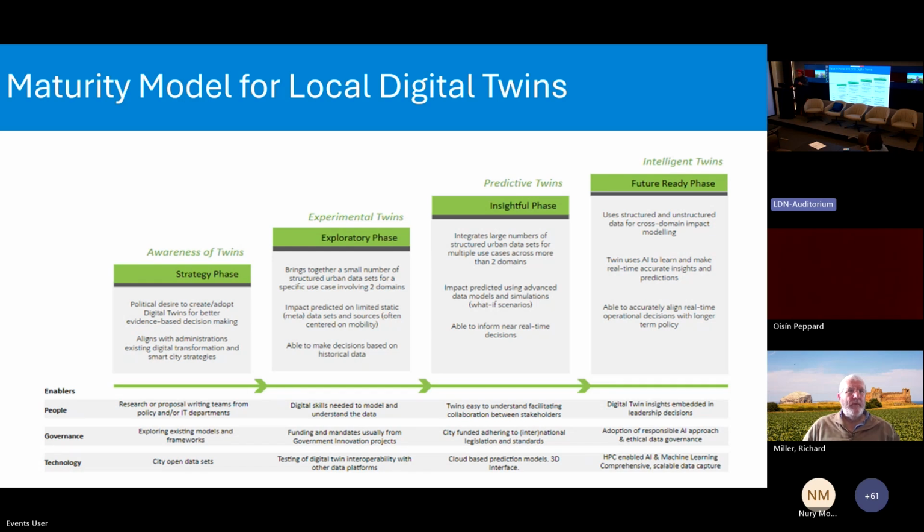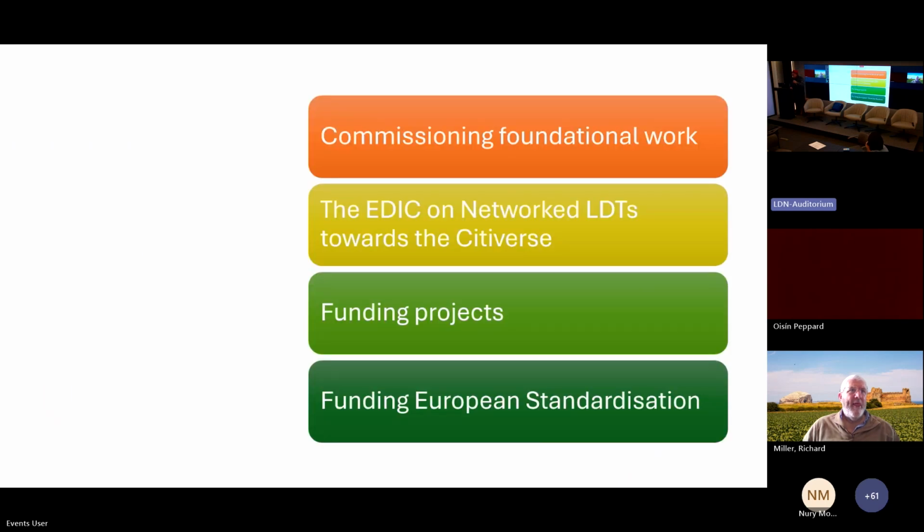And what the EU didn't want to do was to somehow just focus on tools that would help the advanced cities and communities and leave behind those that were at the beginning stages. And so what it did was it set up initially a number of projects that it funded, it commissioned. One was to look at foundational work, in other words, to scope out what was needed in Europe to help all cities and communities to move forward with this. Another one was to set up the EDIC, which we're going to look at in a moment. Then it's funded lots of projects, and it's also been funding standardization processes,